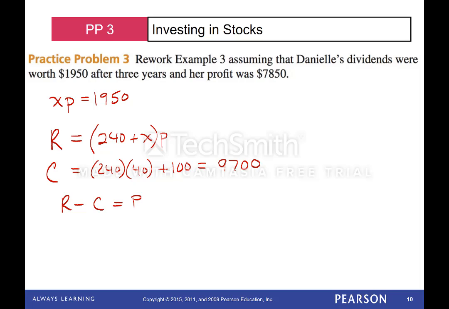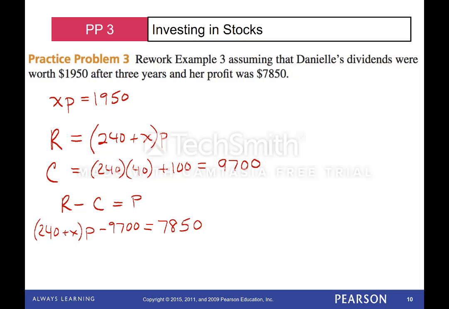So careful here, big P and little p are different. Little p is the price per share, the big P is the profit. All right, so plug this in here, revenue, what she got, plus the extra dividends she got at a certain price, minus cost, and profit at the end of the day,